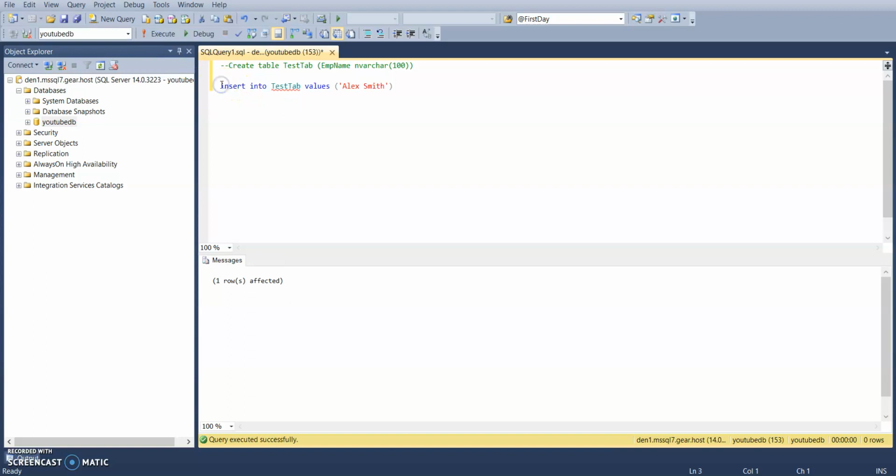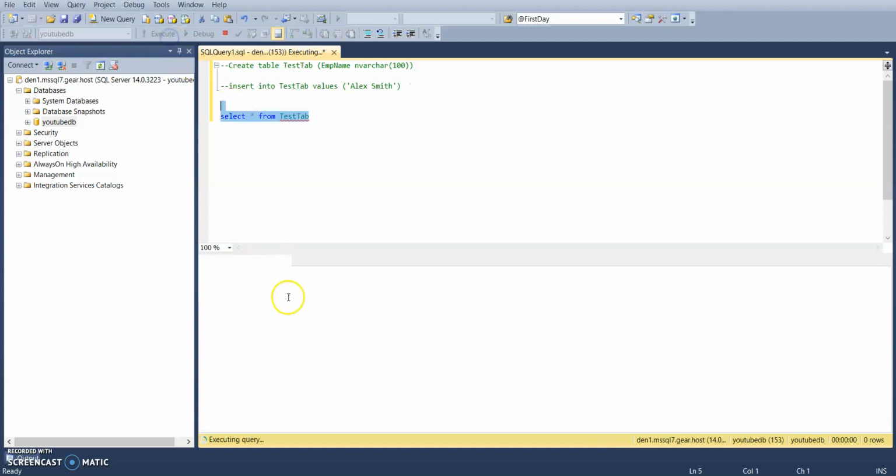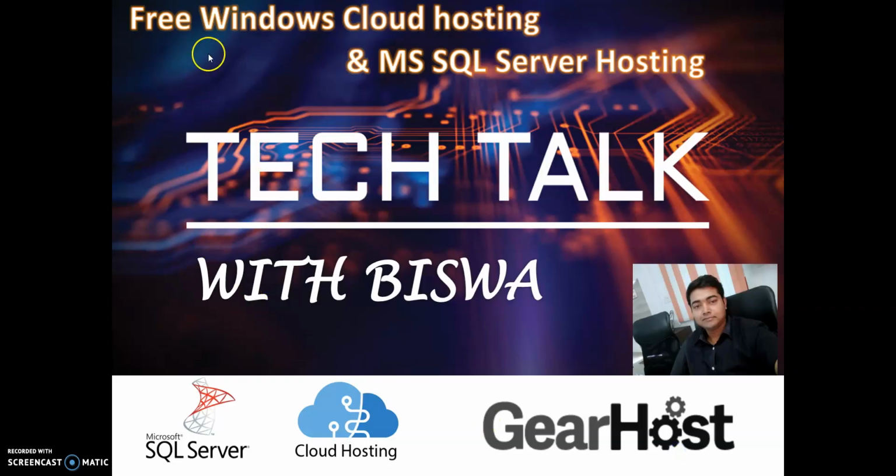So one row inserted. So we have this record. In this way, we can create a free cloud hosting for Windows or .NET environment and free Microsoft SQL Server for testing.